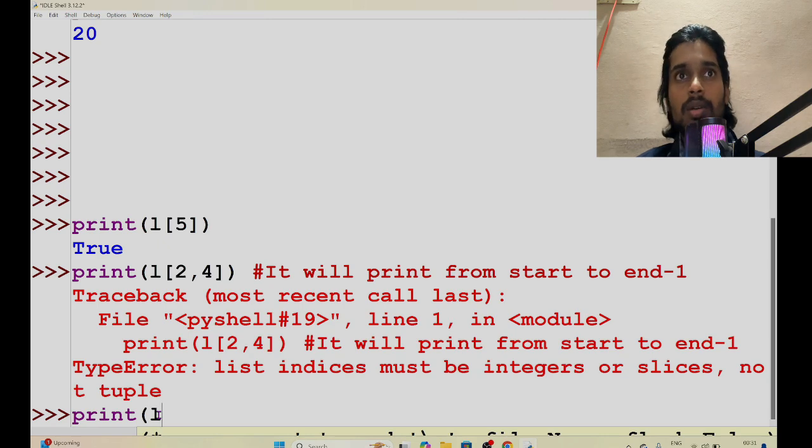Print L[2, 4]. Type error: list indices must be integers or slices, not tuple. Okay,